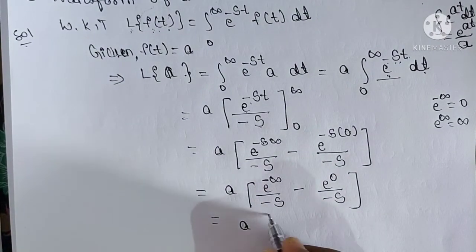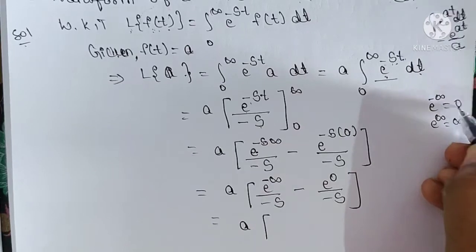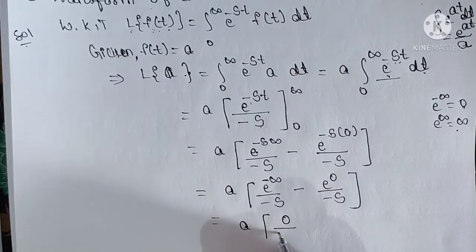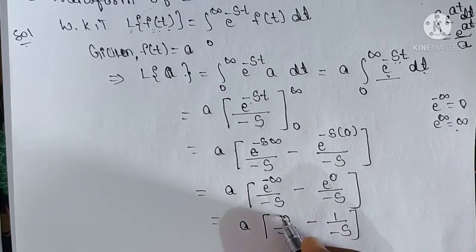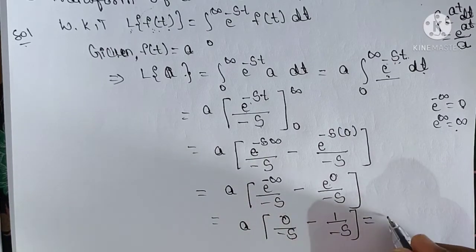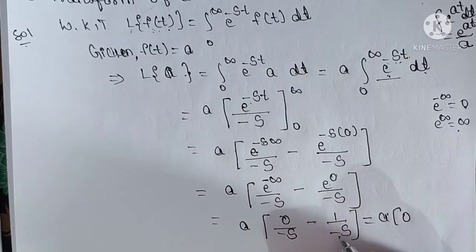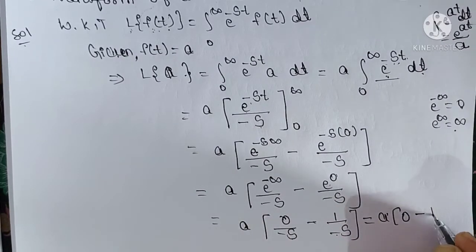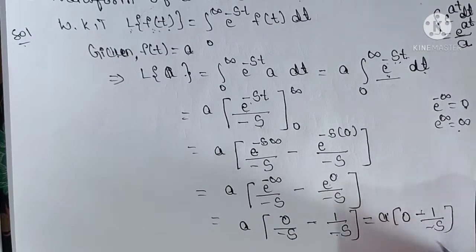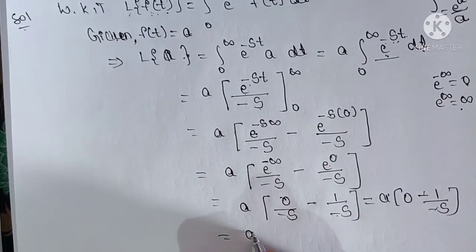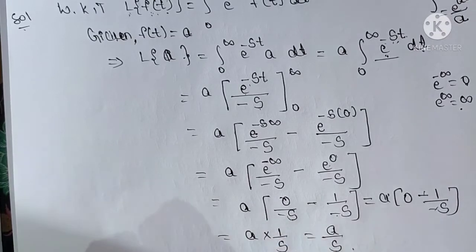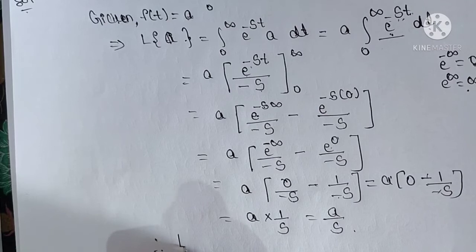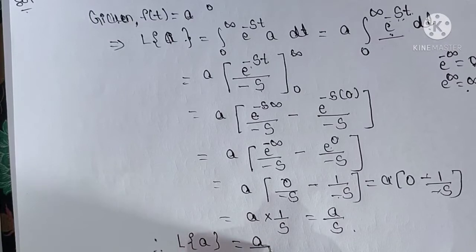A as it is, e to the power of minus infinity value is 0, 0 by any term is 0, that is 0 divided by minus s, minus e power 0 value is 1, 1 divided by minus s. See, 0 by minus s is 0. Here minus is there, here minus is there, means minus 1 by minus s. Minus minus get cancelled, we get remaining a into 1 by s, that is a by s. Therefore Laplace transform of constant function a is equal to a by s,